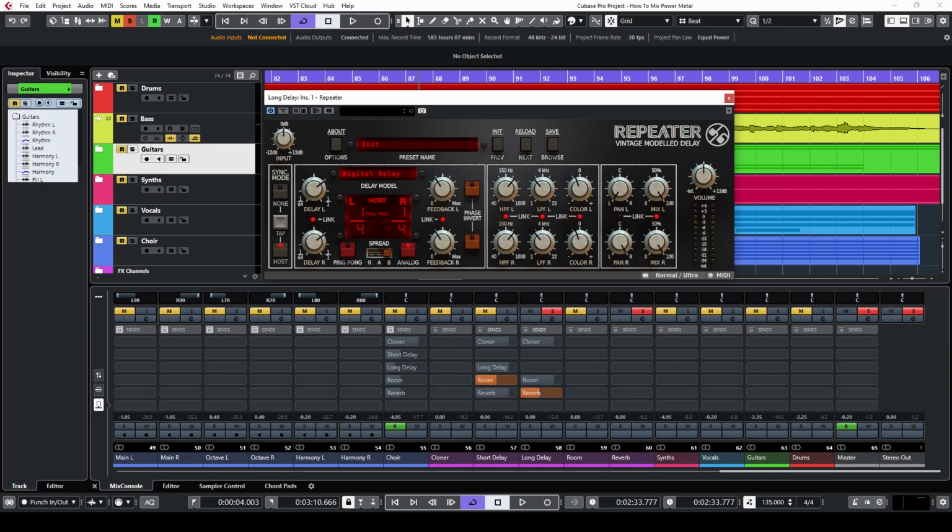For long delays, I use a stereo delay plugin with delay times that match the tempo of the song and are longer than my short delay effect's delay time. I typically use quarter note delay.